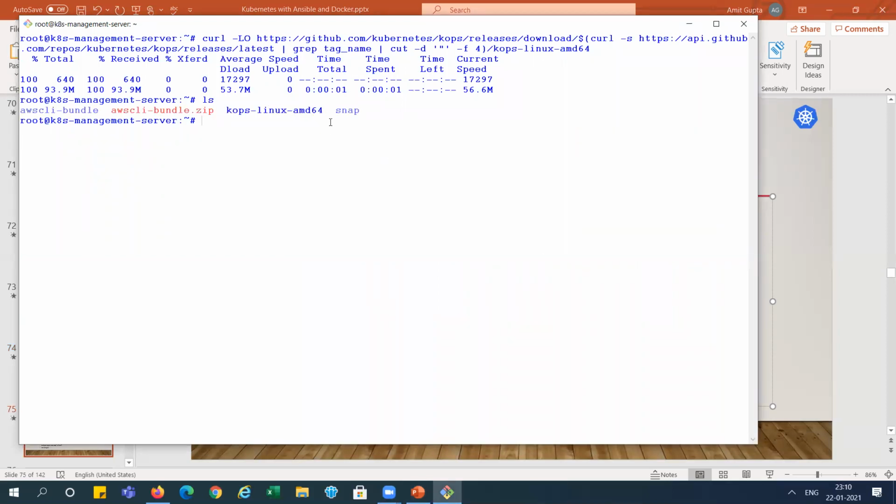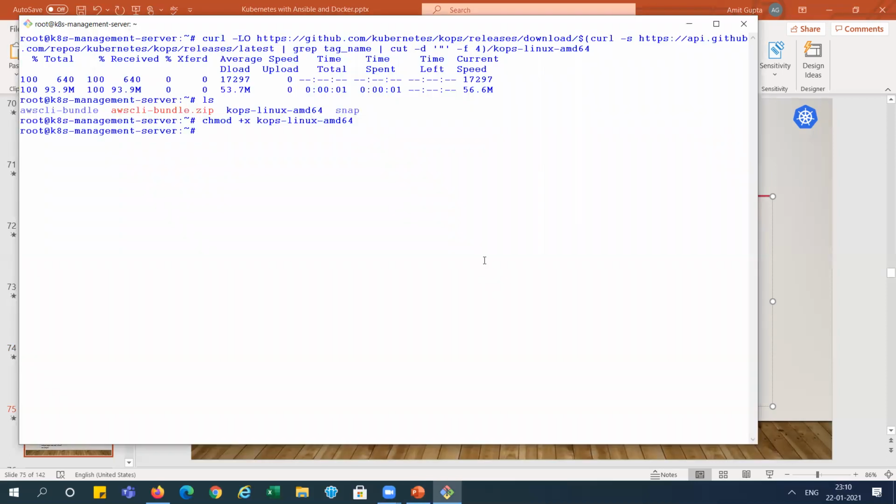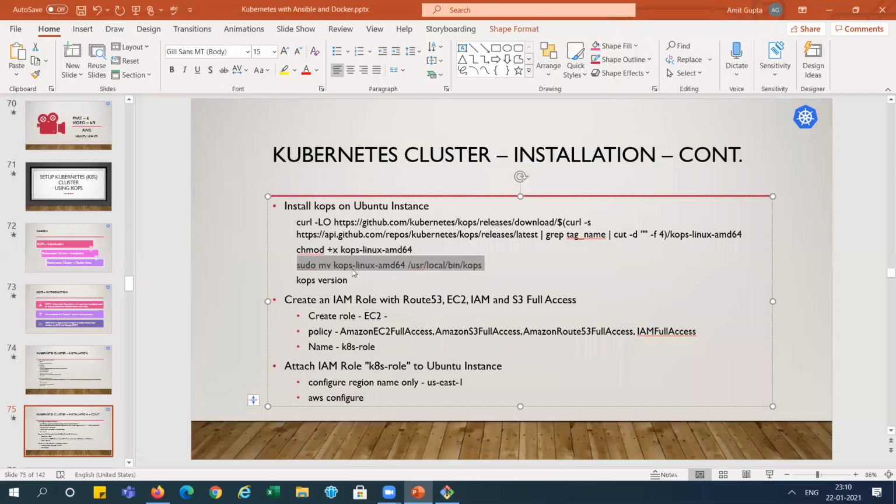We got kops. Now we are giving the executable right to this one. Now moving this to USR bin. Now we can check the kops version. It is installed, 1.18 for kops version installed, right?